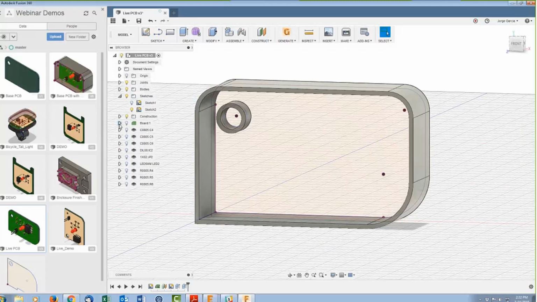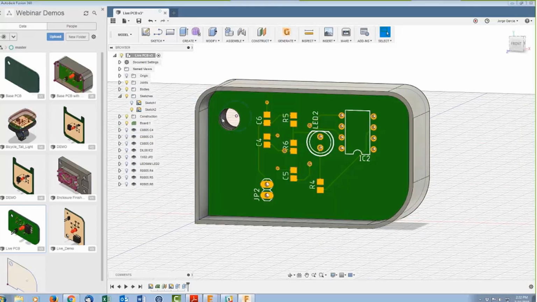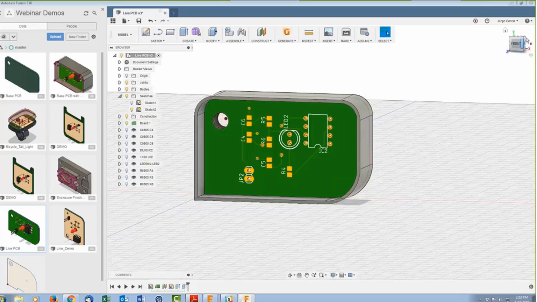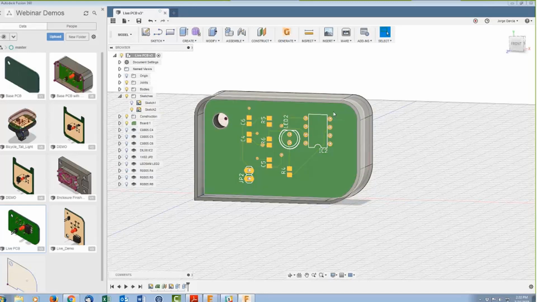Okay, we can turn on the board again just to get a view of where everything is lining up. And you can see there's a space for the hole, and that hole has a 1 millimeter lip to hold the board in. So now what we can do is we can continue again to play and adjust the enclosure. The last thing I want to do, because we are starting to encroach on that 30-minute time, is I'm going to go ahead and